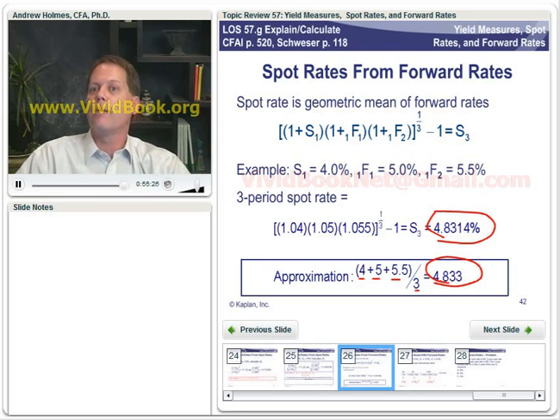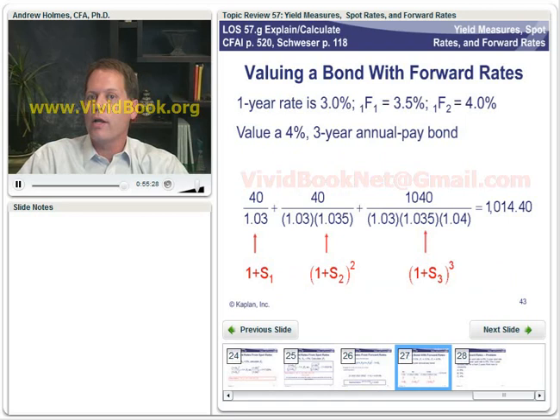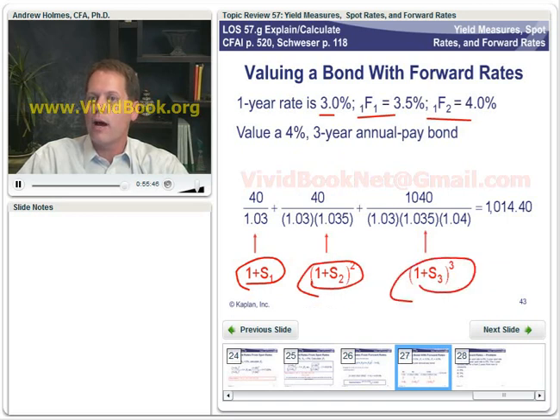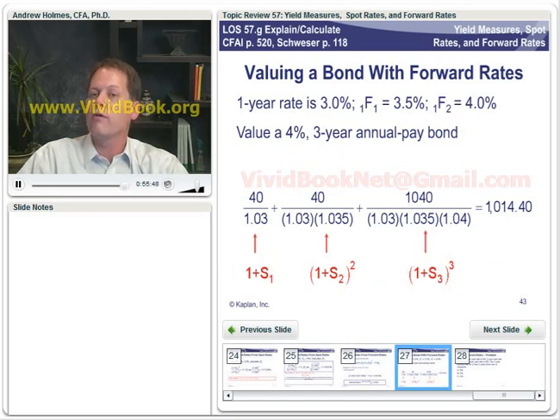So valuing a bond with forward rates, well, the 1-year rate is 3, the 1F1 is 3.5, the 1F2 is 4%. All this says, going back to the last slide, is look, we've already done this where we've said let's take the cash flows and discount them back at the individual spot rates, right? So we've already done that. There's nothing new there. Now all we're saying is if we know the 1-year spot rate, the 1-year forward rate 1 year from today, and the 1-year forward rate 2 years from today,